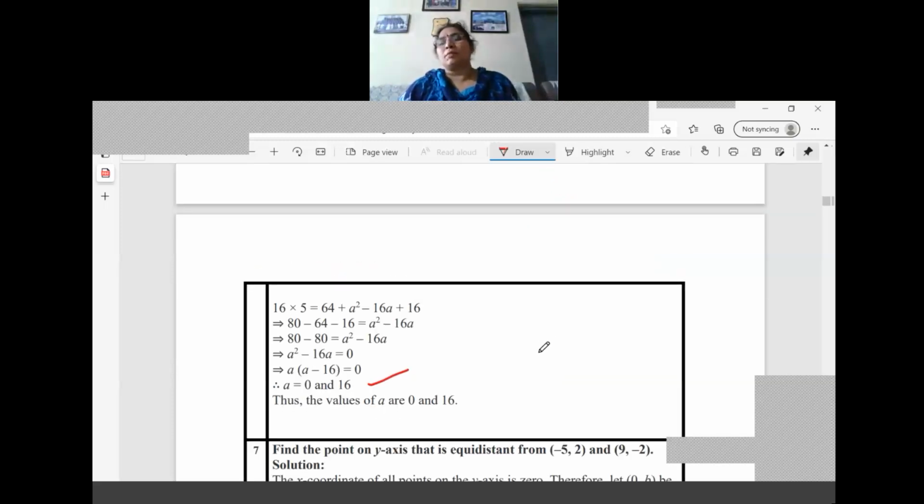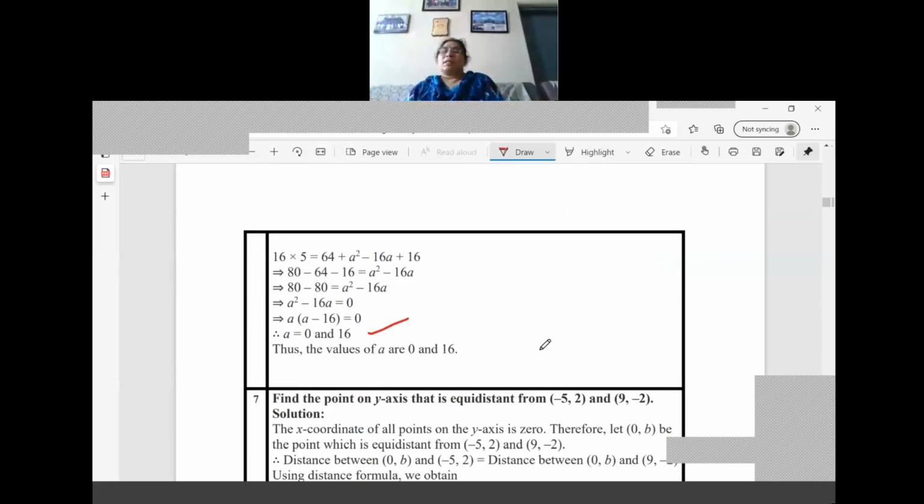As you know, for a quadratic both the positive and the negative values are applicable. So here also we are having two values, so it is possible there. Don't delete any values there. So 0 and 16. In case the option is not given, you can opt for the one which is given there.